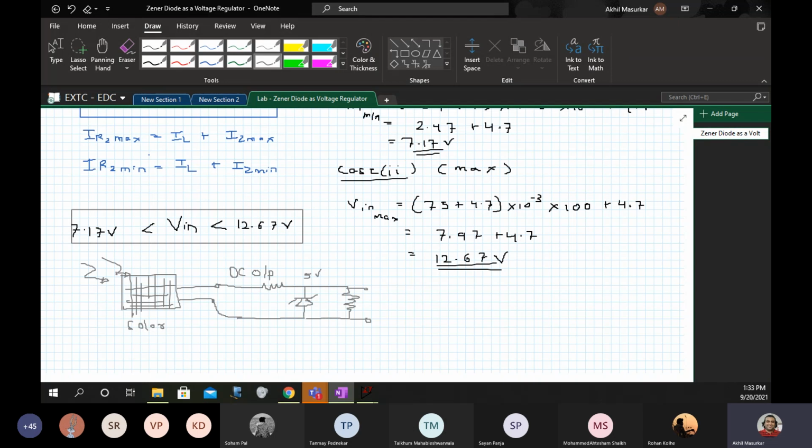Are you understanding this? Can somebody unmute and tell me? So this is an actual application of voltage regulation. So you can buy a solar panel. I have a solar panel in my lab, so I can just show it to you. And the task will be to just regulate the output. So you can do it using a simple Zener diode. So that is possible. Okay, so that is the application.